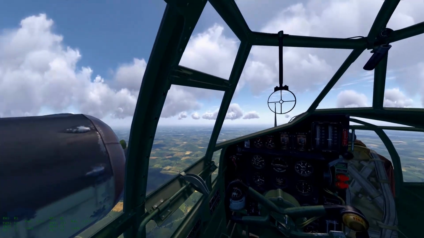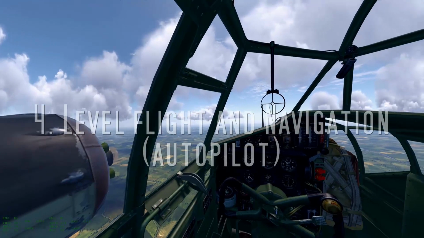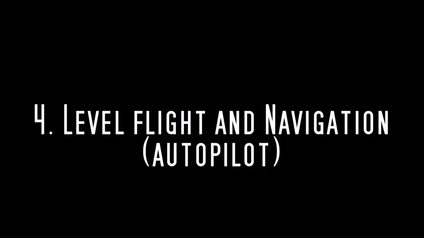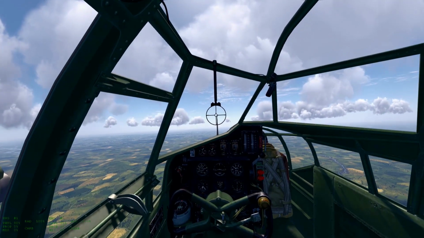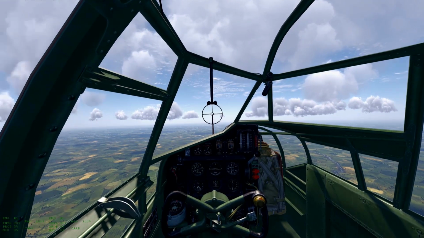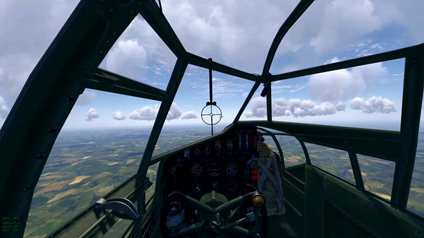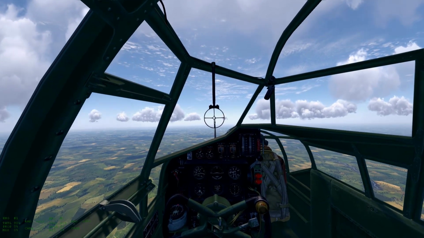Okay, that is takeoff and climbing in the Blenheim. Now let's look at level flight and navigation. So I'm going to drop the nose back down. I'm using the trim, just a little push here and there on the main control column, and I'm going to settle the nose back down into a level flight attitude, which is